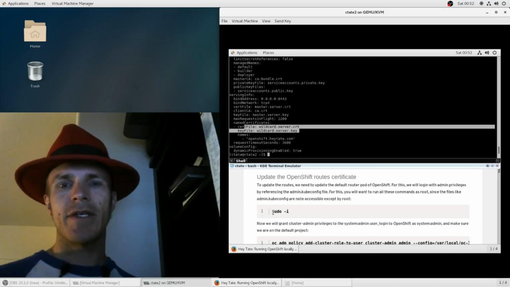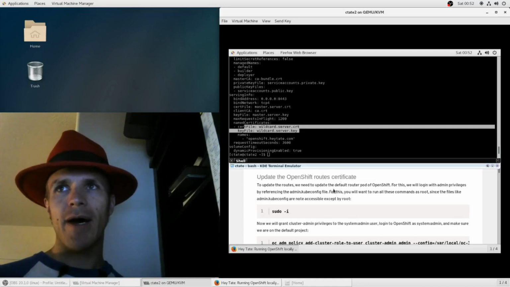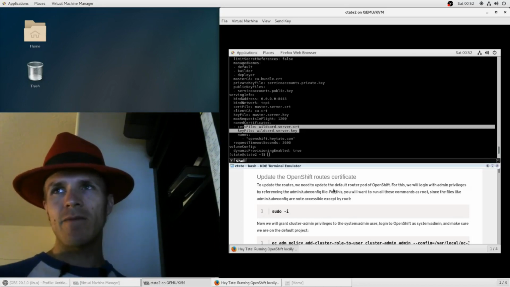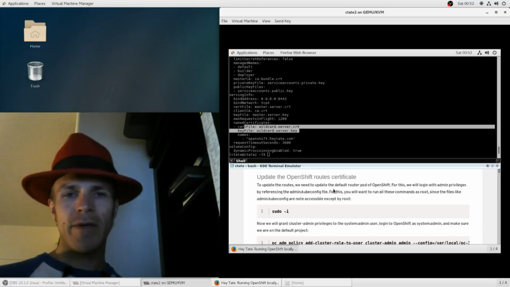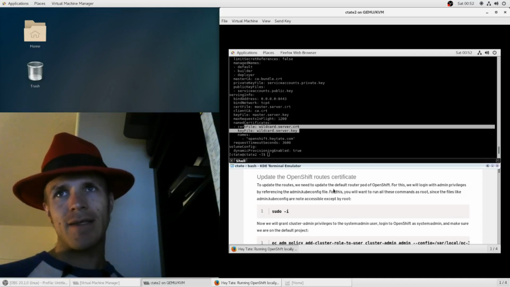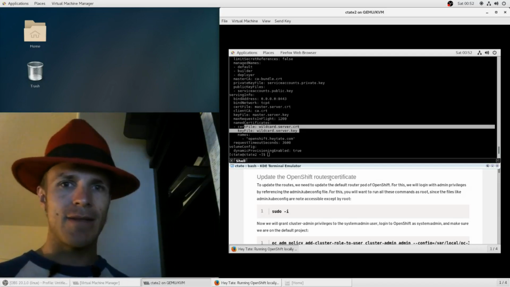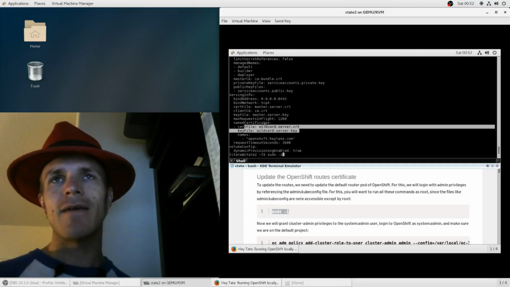Now we're going to secure it for our routes. So to update the routes, we need to update the default router pod of OpenShift. For this, we will log in with admin privileges by referencing the admin.kubeconfig file. For this, you will want to run all these commands as root, since the files like admin.kubeconfig are not accessible except by root, and you need to be able to log into OpenShift as root. Anyway, so do a sudo -i,